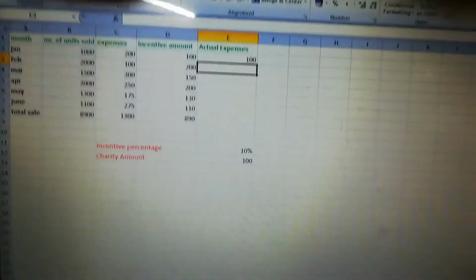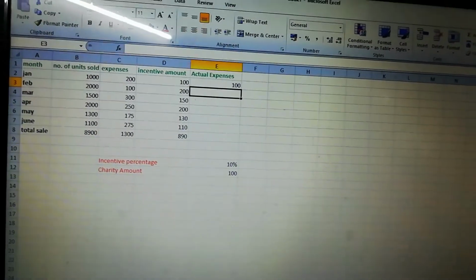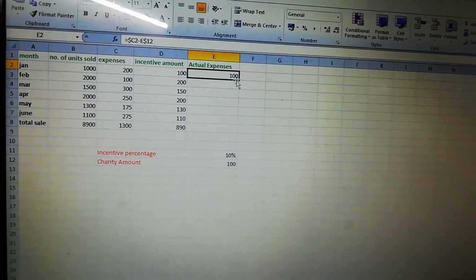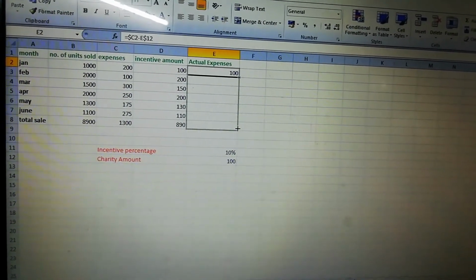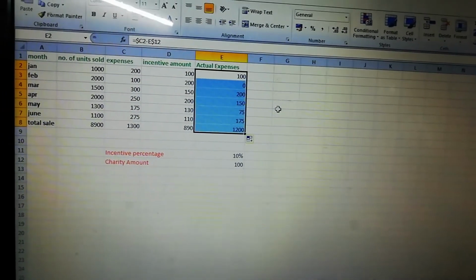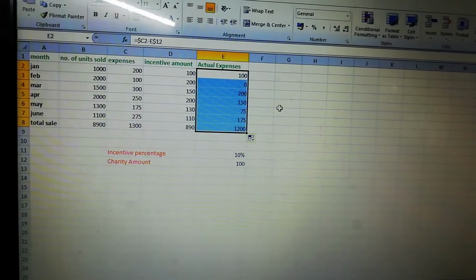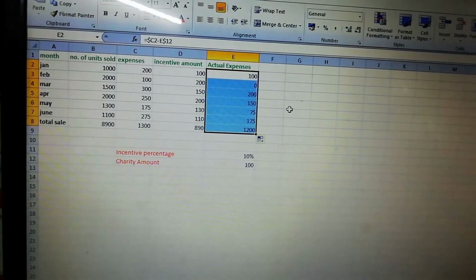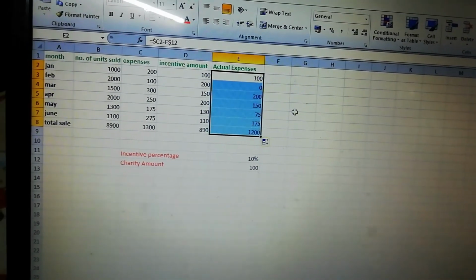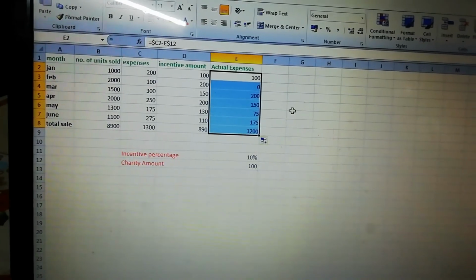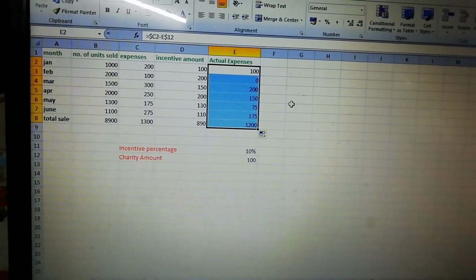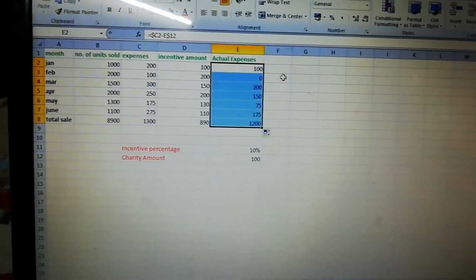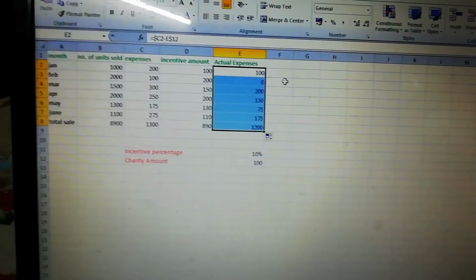Then after that you just have to click on this. Clear, and you just drag them. Very good. It's automatically calculated. So you can calculate the actual expenses of the other cells by dragging the mouse pointer to the rest of the cells when the pointer changes to a copy pointer symbol. So I have revised all three for you: relative, absolute and mixed.